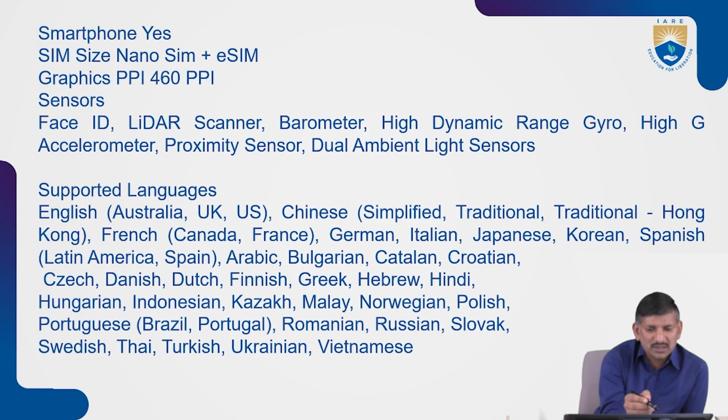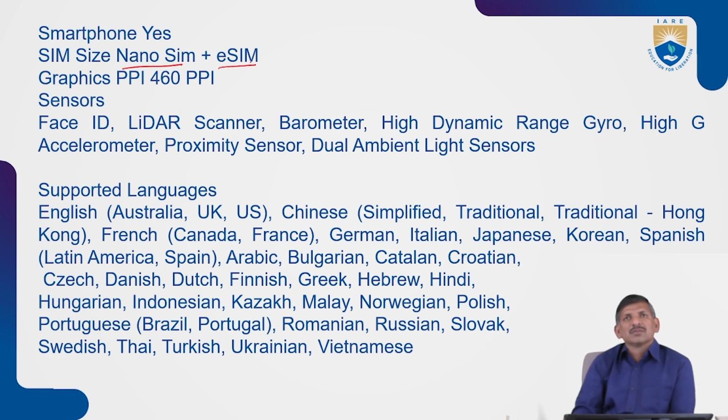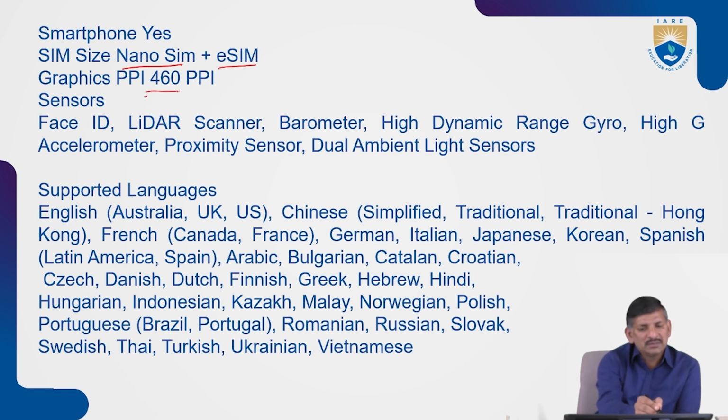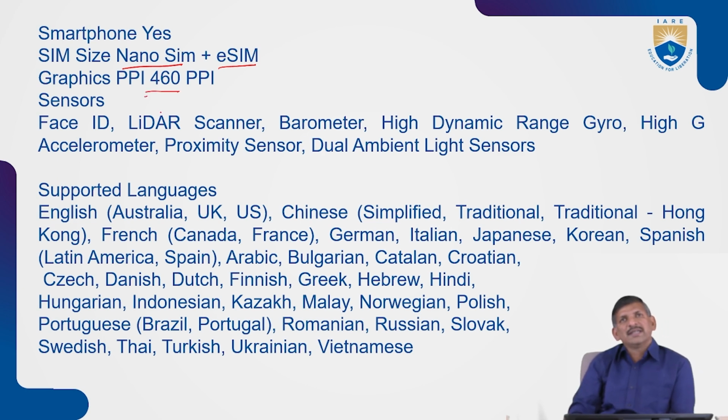Coming to the SIM size, it supports nano SIM size and eSIM card. It supports a display of 460 PPI. It contains various sensors. A sensor captures physical information and converts it into digital information for various purposes like